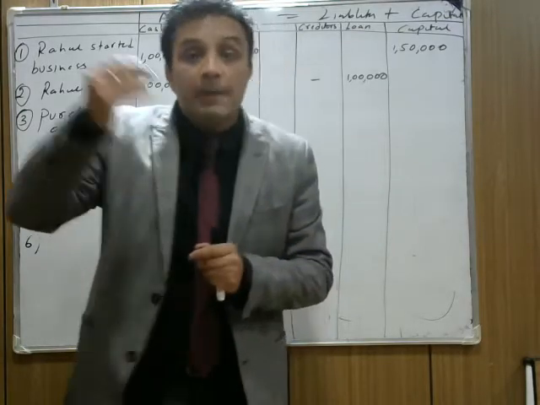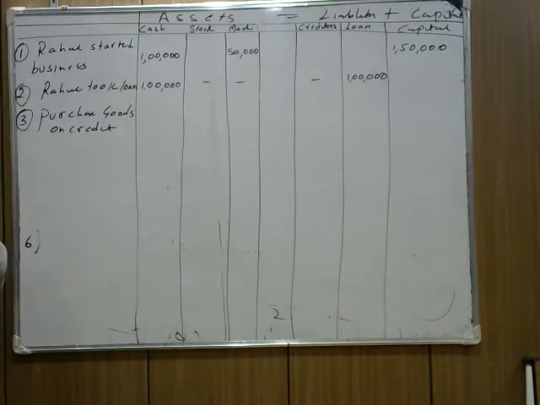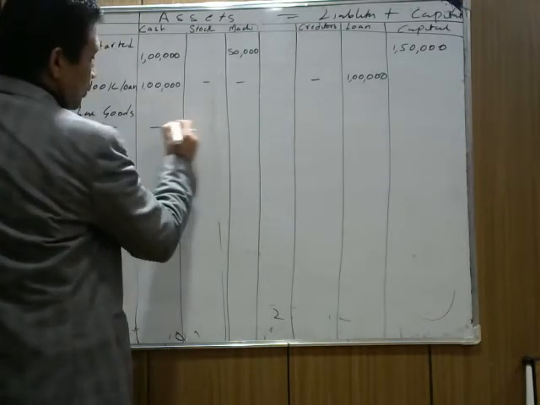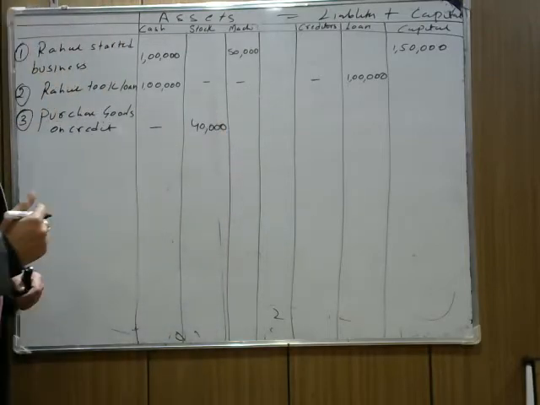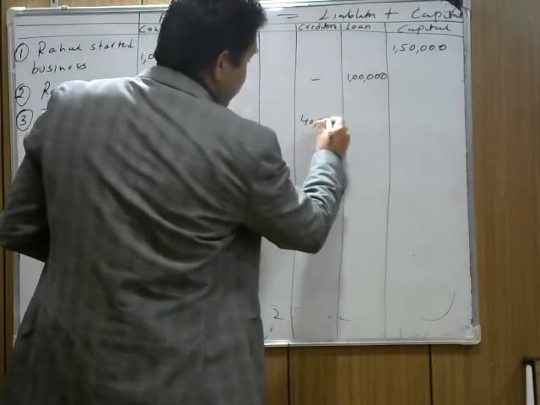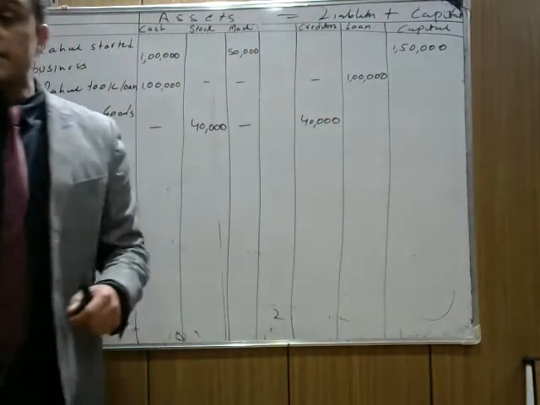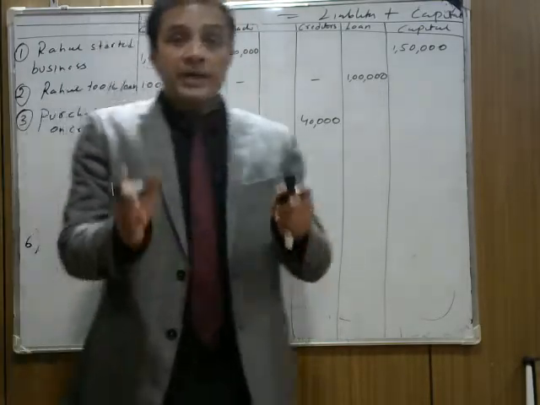तो हमें ये पैसा देना पड़ेगा वापस. We purchase goods on credit. Now the stock worth rupees 40,000 is coming. No change in cash. Stock worth rupees 40,000 you're getting. No change in machinery. But your creditor also increases. That's your liability also increases, because you purchase goods on credit.